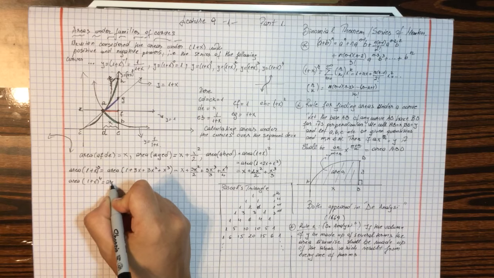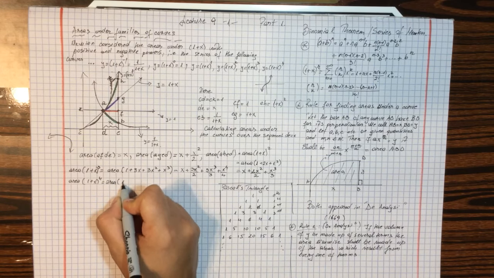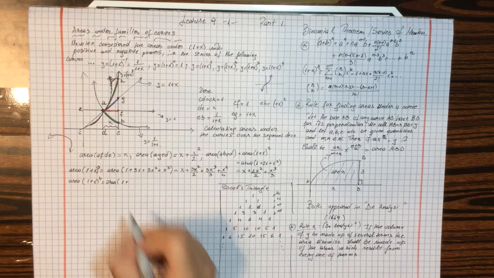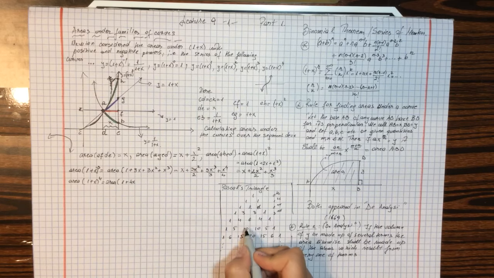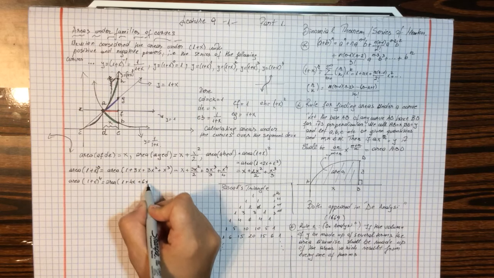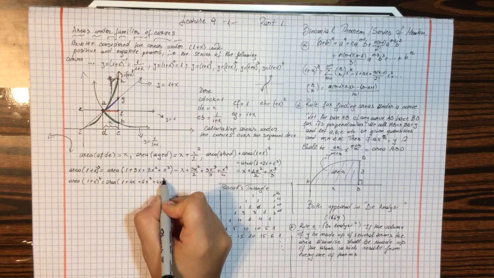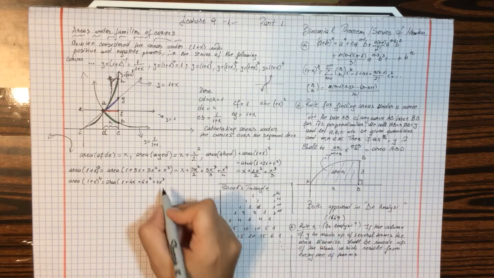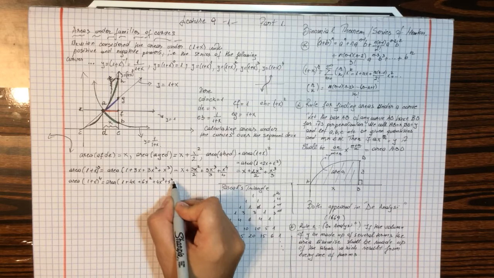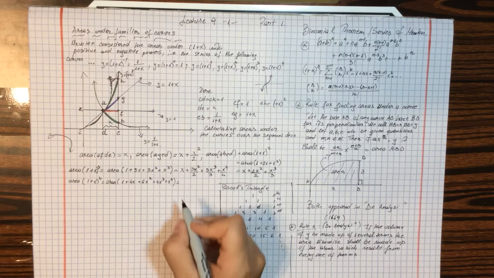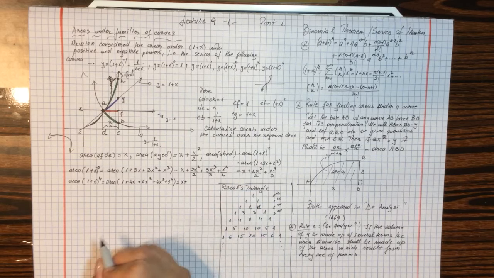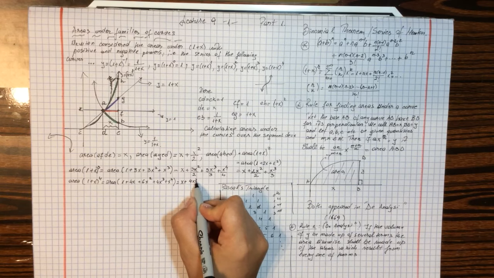So it would be the area under 1 plus 4x plus 6x to the power 2 plus 4x to the power 3 plus x to the power 4. And integrating each term, you will have again x plus 4x to the 2 over 2